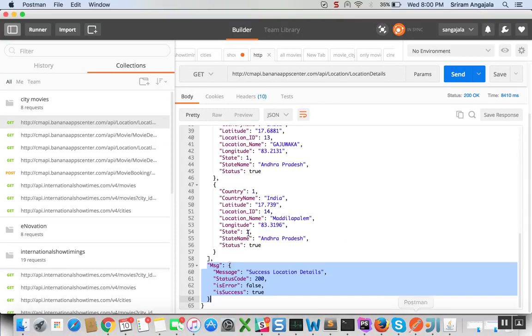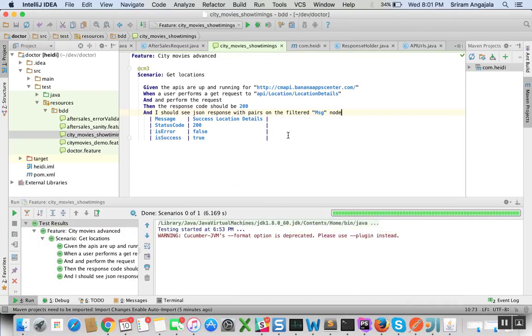I don't want to check everything; I can filter through a specific node and check that all the values are coming back. From a QA point of view, it is easy. I can add more scenarios and more endpoints based on this. We can reuse this, however,